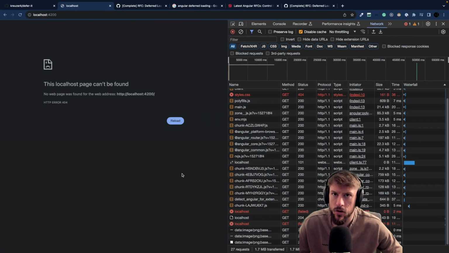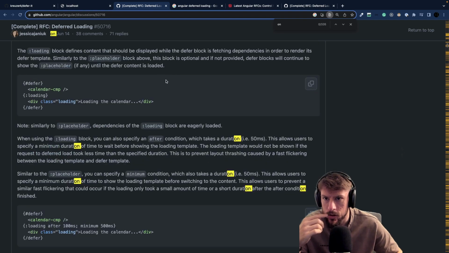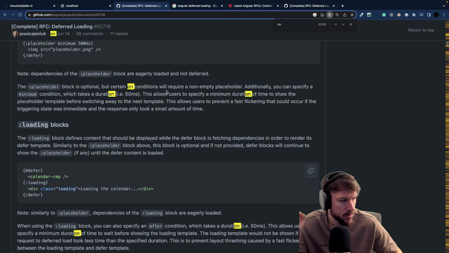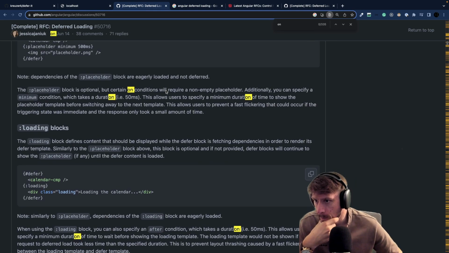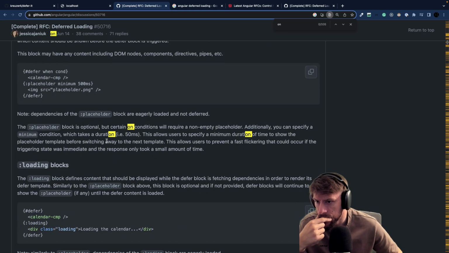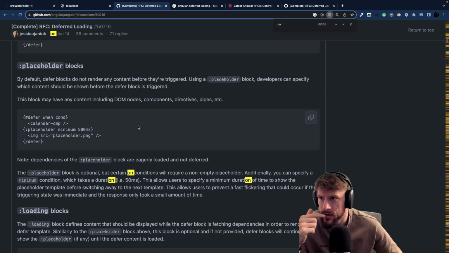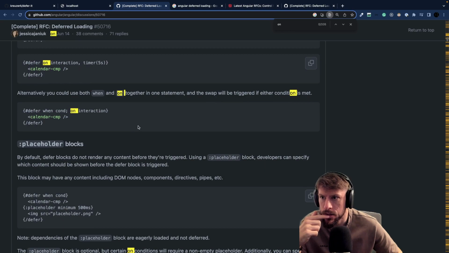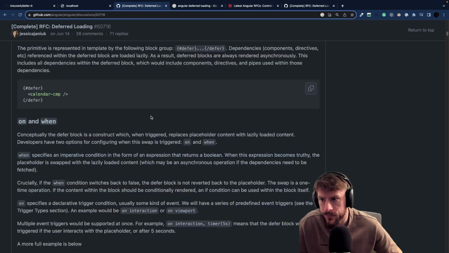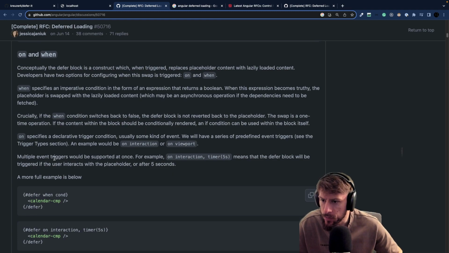Okay, let's again go through the docs, because we have seen that we do... where is it? What was that? On interaction. Multiple event triggers would be supported at once, for example, on interaction timer. So that's then basically